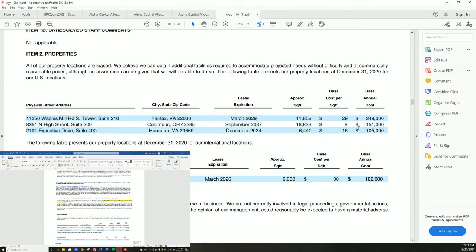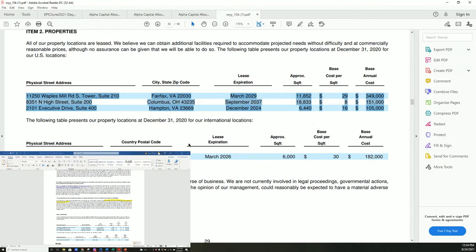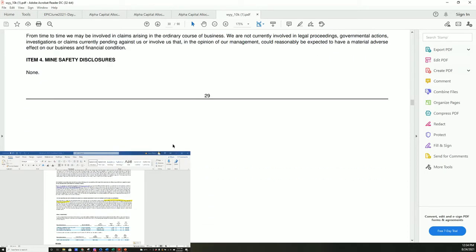I found companies with properties that were worth $500 million and they were completely depreciated off the balance sheet. Dole, if memory serves me right, when I owned them years ago, I found that they had between $500 million and $1 billion in valuable land in Hawaii that they've owned for like 100 years, and it was completely depreciated off the balance sheet. Meaning it wasn't counted on the balance sheet as value at all. So that added another $500 million to $1 billion to their value estimation for what I was doing then. Okay, so